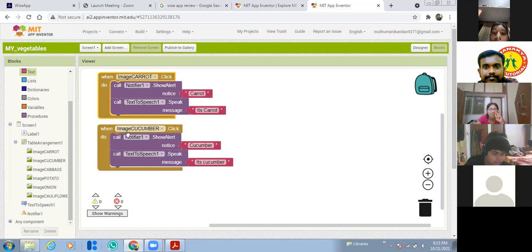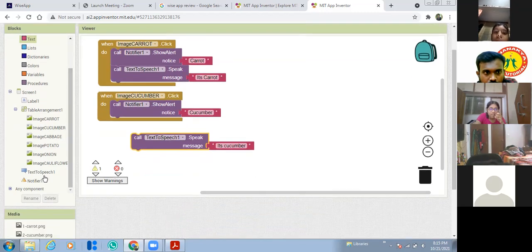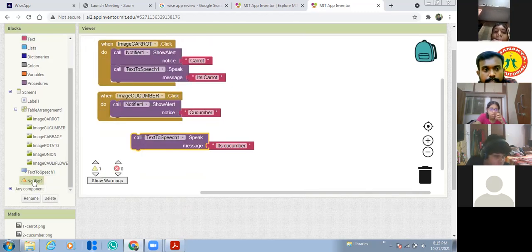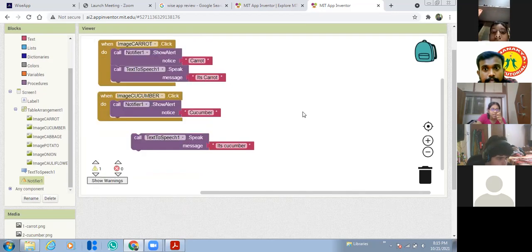No, sir, I did not understand, sir. Once again, will you tell for me, sir? You don't know where you have to take the commands, right? Sir, that orange box I got is the orange block. After that, the purple block I'm not getting, sir. Just scroll down. You have to add this notifier one. Click this notifier one. Sir, I don't have any notifier one, sir.